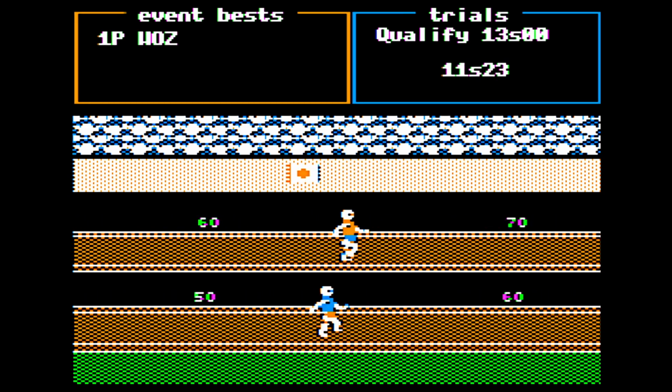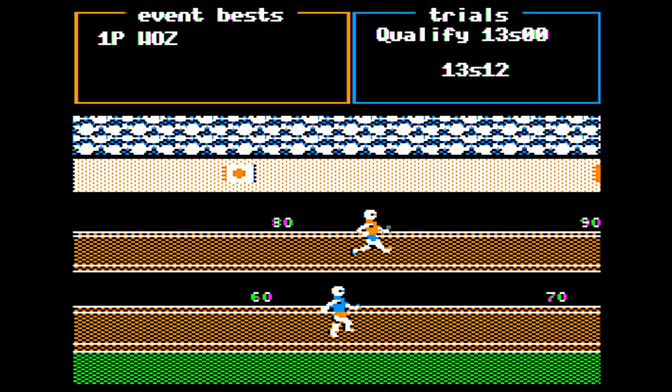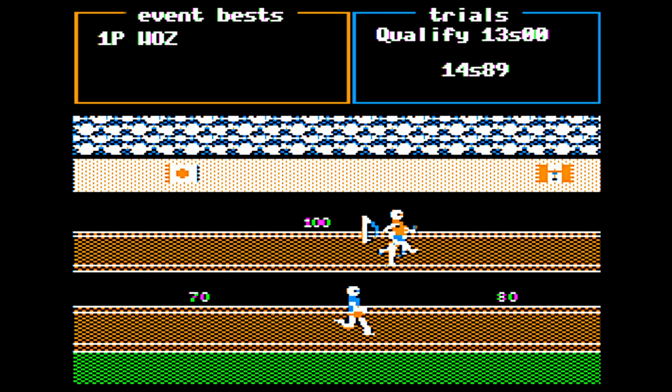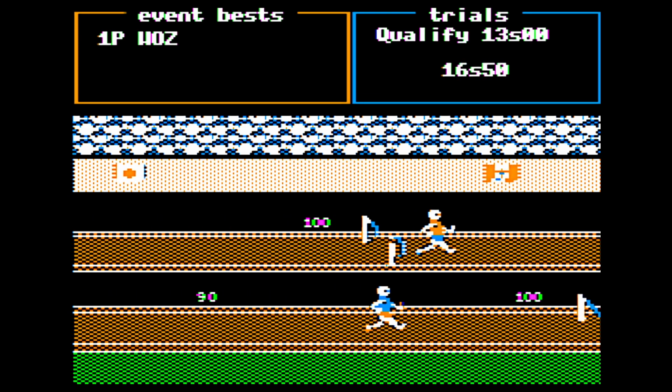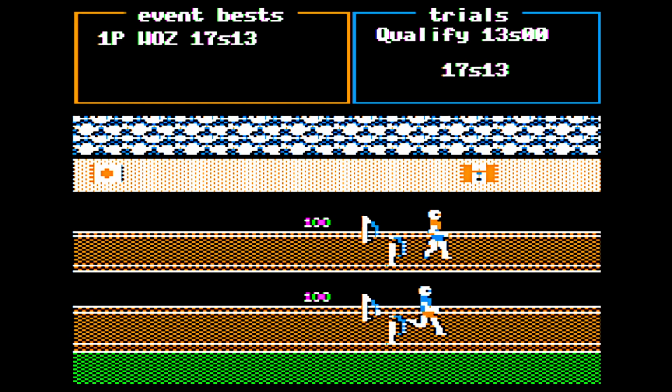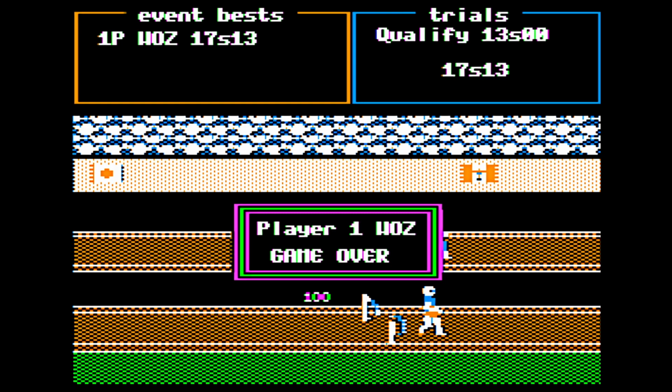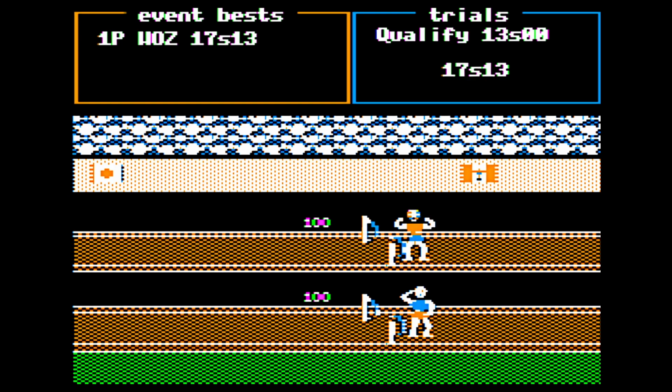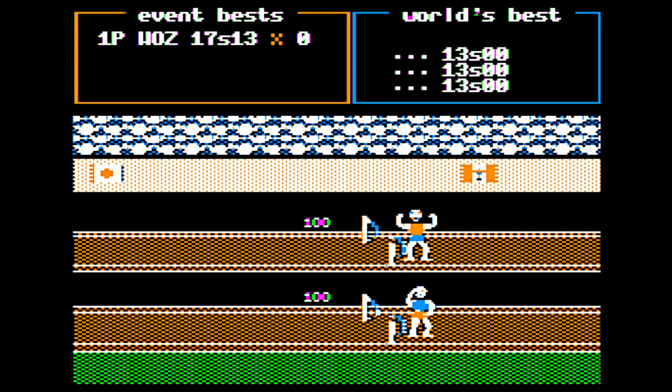So here I'm alternating my key presses. I can go faster, but that doesn't really make it that much faster, other than that I'm pressing the keys faster overall. So if you just mash both keys at once, as fast as you can, you'll have a better result, probably. But the other thing you can do is if you have a joypad that has a turbo function, you can just map turbo onto those 2 buttons and hold them down and win easily.